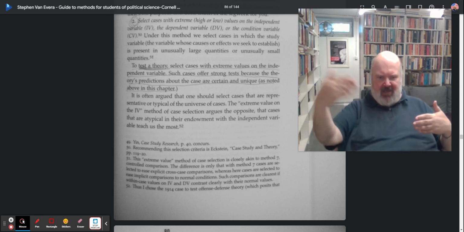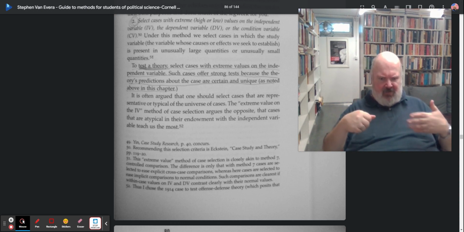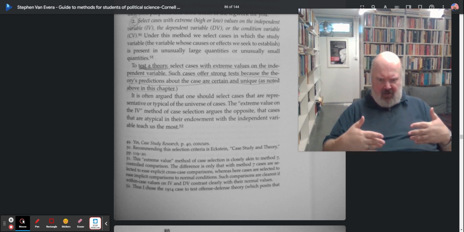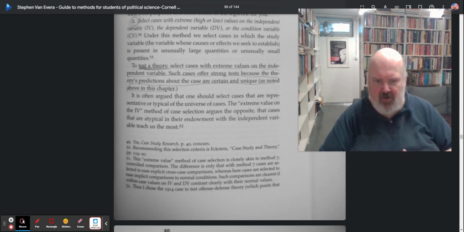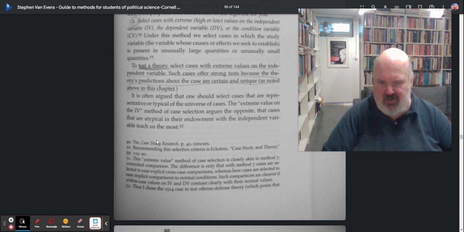It is often argued that we should take the representative cases, but in this case, extreme values, no, you don't want to do the typical. You want to take the outlier, right? Or the different extreme value in that sense. The extreme value on IV method of case selection argues the opposite, that cases atypical of their endowment with independent variance teach us the most, right? Thus I choose the 1914 case to test